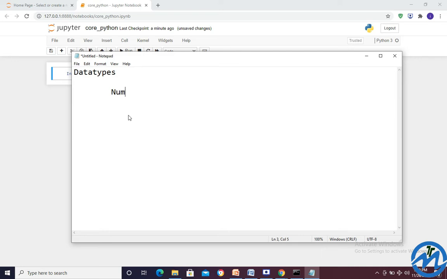Numbers, strings, printing, list, dictionaries, Boolean, tuple, sets.